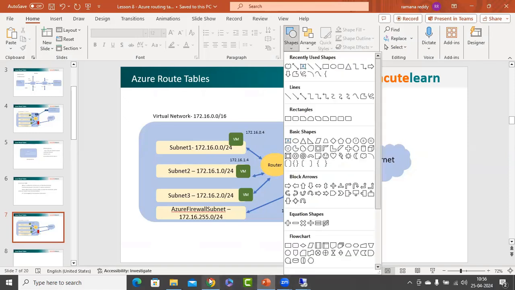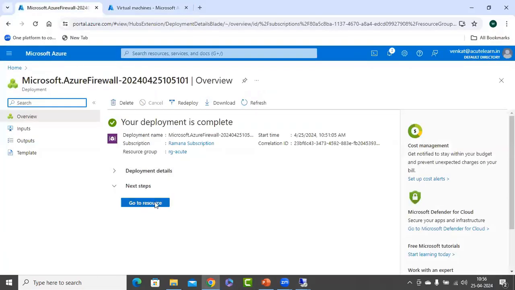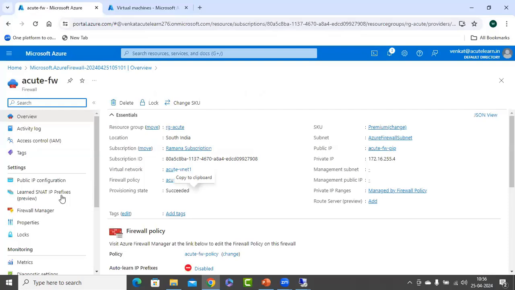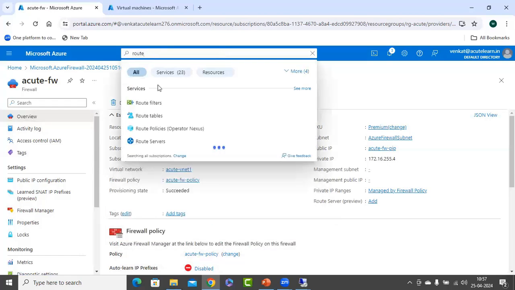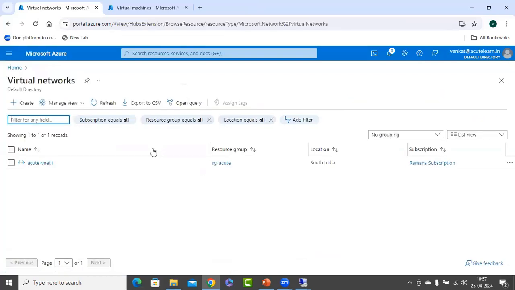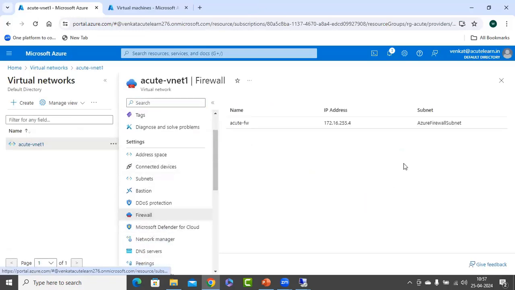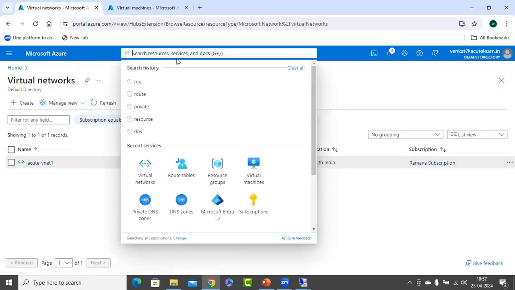Now, let's go to the firewall. Even though the firewall is being created, now let me go to the route tables. Oh, sorry, let me take the private IP of the firewall. 255.4 is the private IP of the firewall. So I'm going to the routing table,